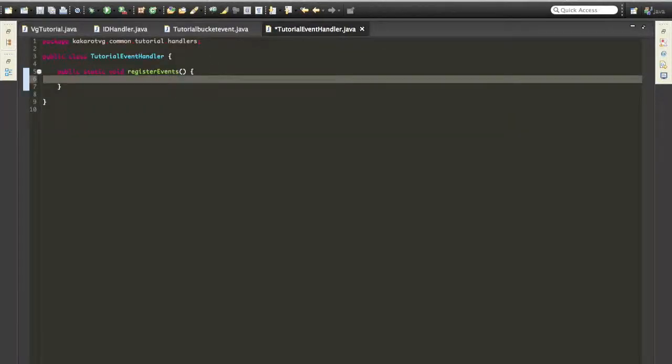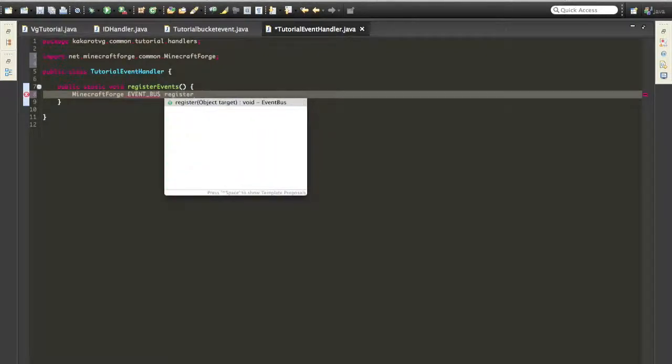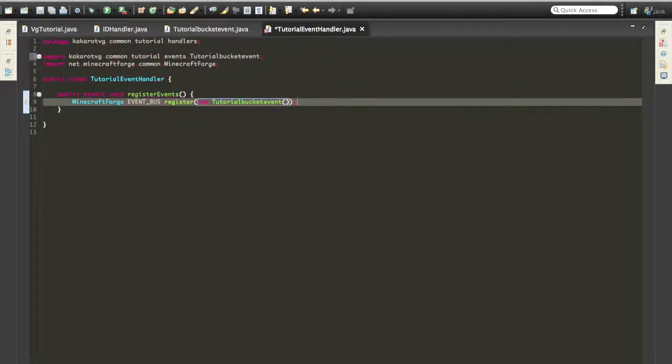I think that's what it did for me last time anyways. So register events, MinecraftForge dot event underscore bus dot register new tutorial bucket event. Then import it, format,